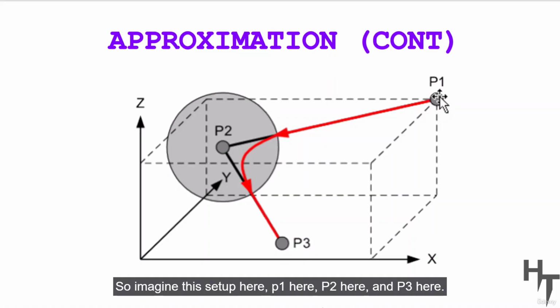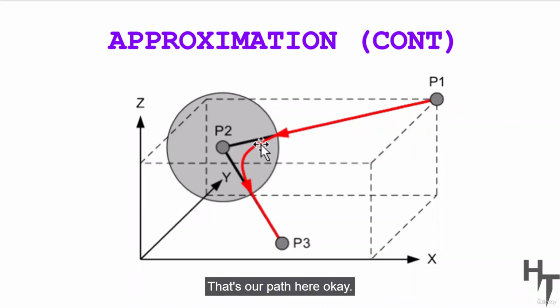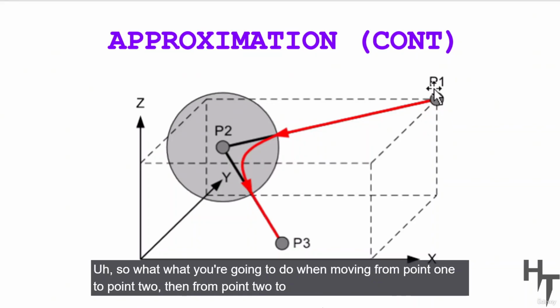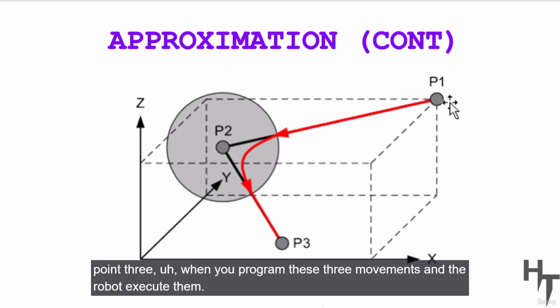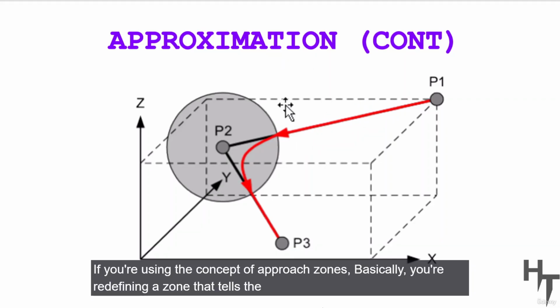So imagine this setup here. P1 here, P2 here, and P3 here. That's our path here, okay? That's the path we're going to do. We'll cover the zones in depth later, but for now, let's give you the basics. So what you're going to do is move from point 1 to point 2, then from point 2 to point 3. When you program these 3 movements and the robot executes them, if you're using the concept of approach zones,